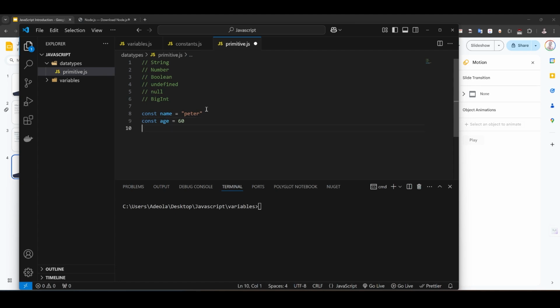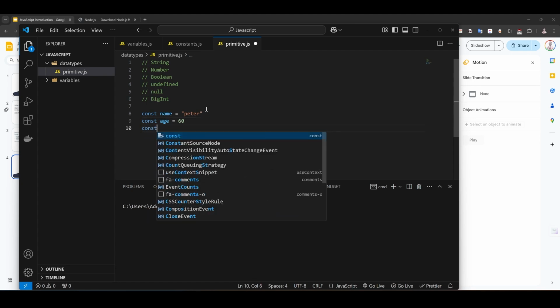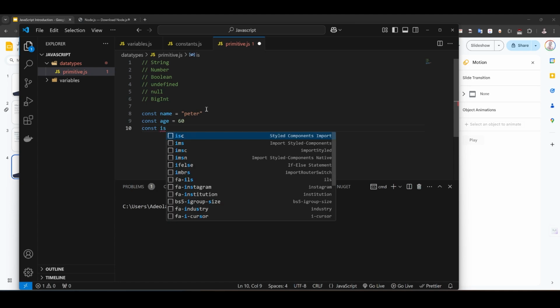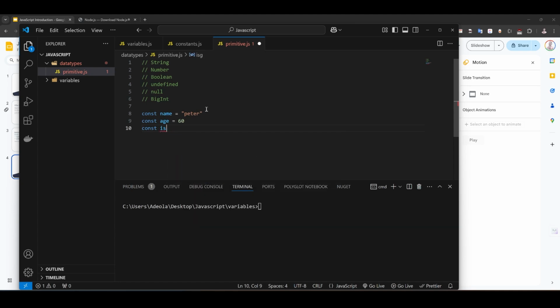And when we say boolean, that's when I say const isGrown